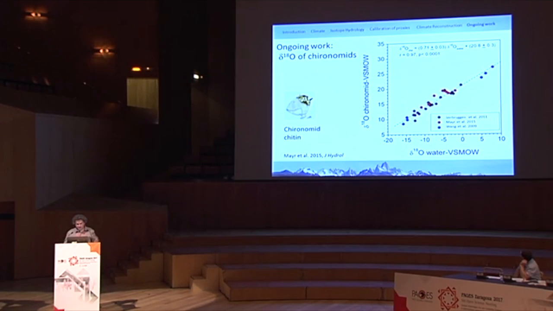And as you can see, our red dots fit quite nicely, so it seems as if the delta 18O values of the chironomid chitin are also a very good and reliable proxy for reconstructing past isotope composition of lakes